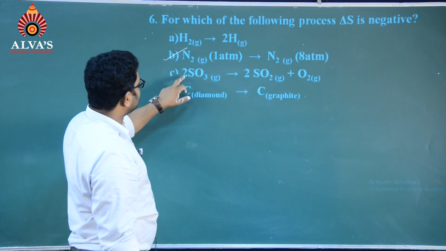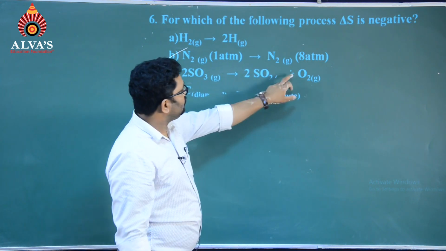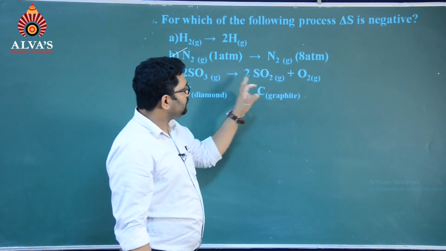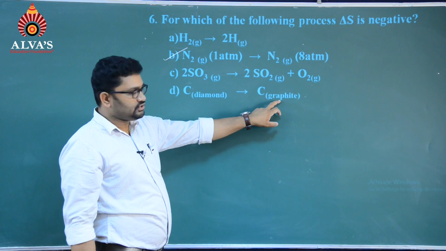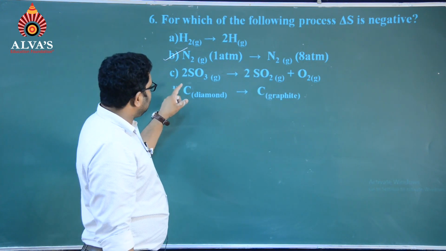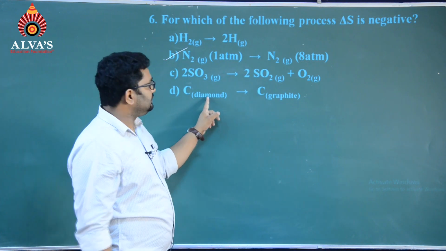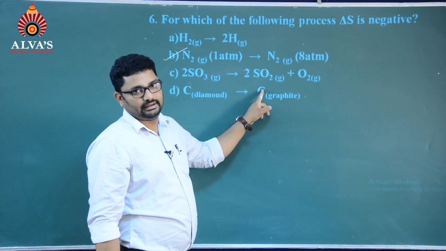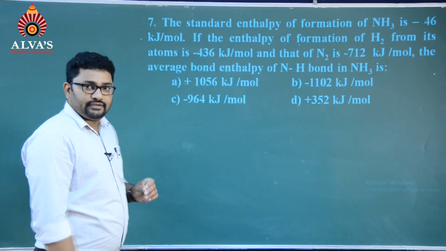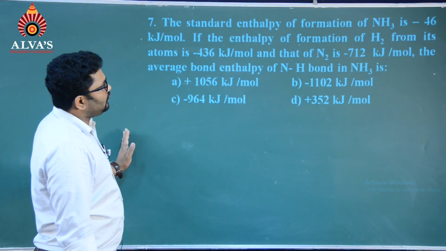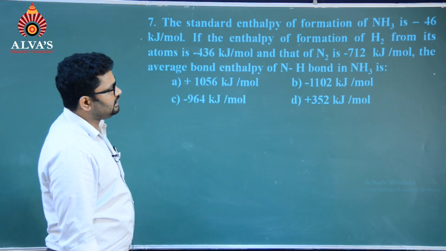Third option we have, that is 2 moles of gas in the reactant part, 3 moles of gas in the product part, so entropy increases. Carbon diamond and carbon graphite. Students, the carbon in diamond has a lower entropy than in graphite. Hence, the answer is B. Question number 7. The standard enthalpy of formation of NH3, that is formation of ammonia from nitrogen and hydrogen,